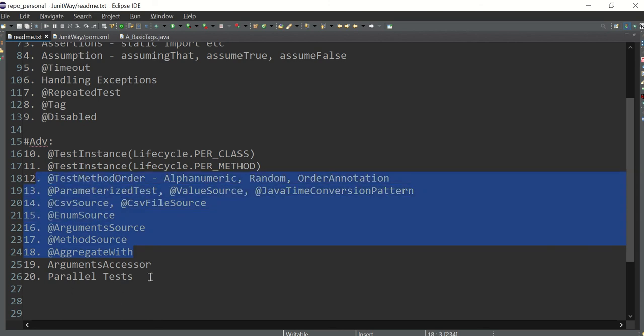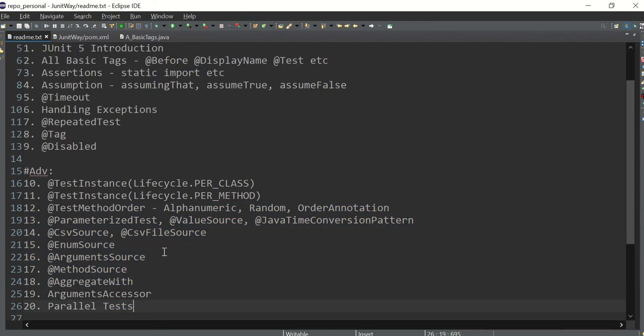And at the last, we will see some of the argument accessors and parallel test cases, how we can run test cases in parallel. So I have tried to come up with a complete solution of JUnit 5 based on the latest features, and I hope this complete series is really going to be helpful for you, and both developers and automation guys can get the advantage from this series. So just bear with me, we will go topic by topic, slowly, and will keep in mind